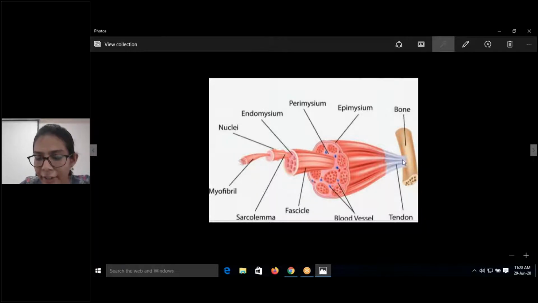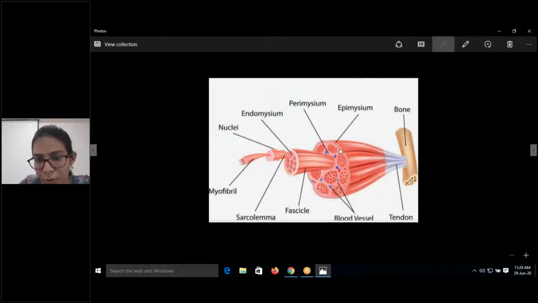This is a bone, and from the bone you are having a tendon, which is like a muscle is attached to a bone with the help of a tendon, right? So that you are able to see. So when coming into the muscle per se, you have to identify the parts. What is muscle comprising of? Muscle also has several different subsets and subtypes within itself. So the entire muscle is covered by